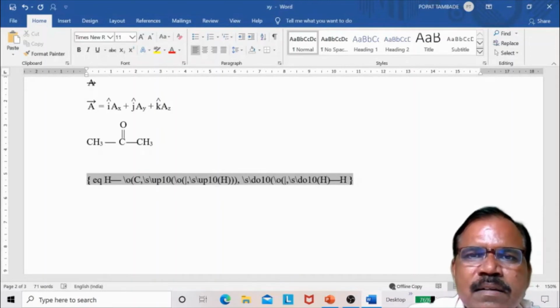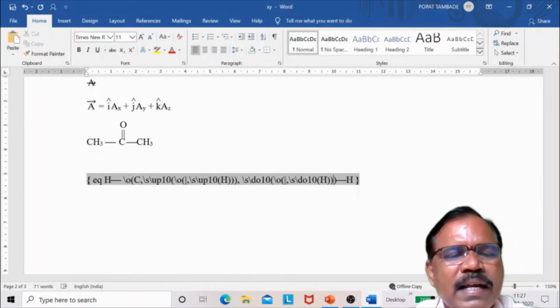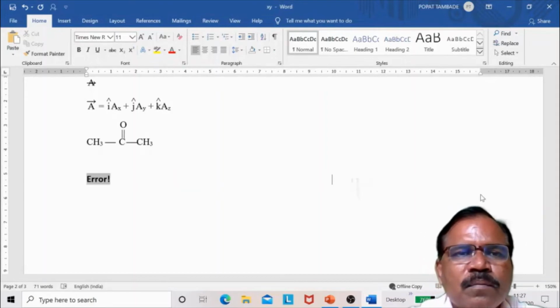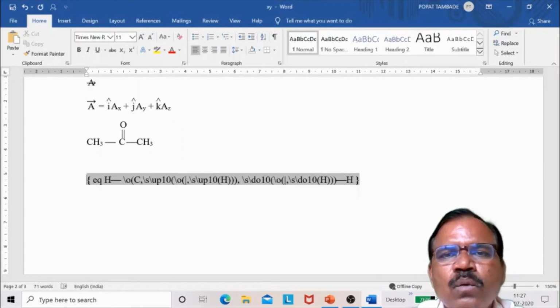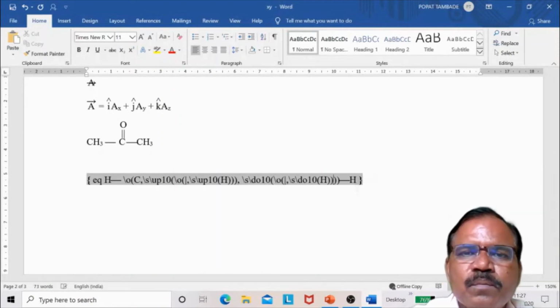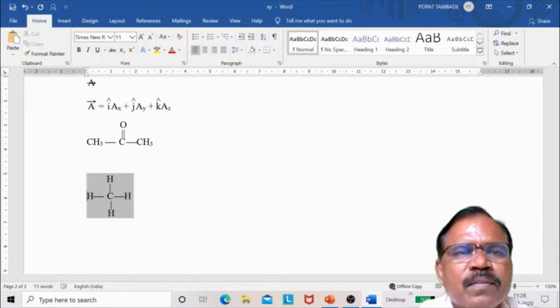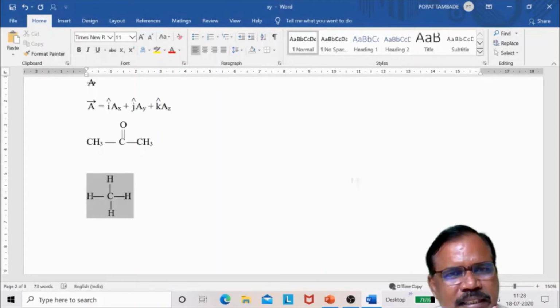Now this bracket is completed for backslash S. This is for backslash O. So two brackets, and that third bracket was already there, and come out of this. So something is missing. So here 1, 2, 3. So I must have here another bracket also. So brackets must be the same. So this is the simple planar methane structure. So in this way you can write the methane structure.